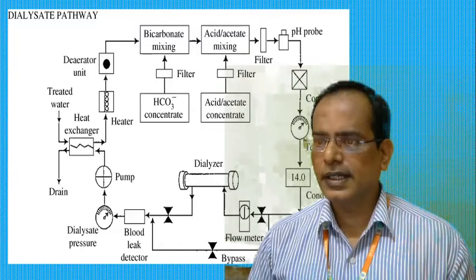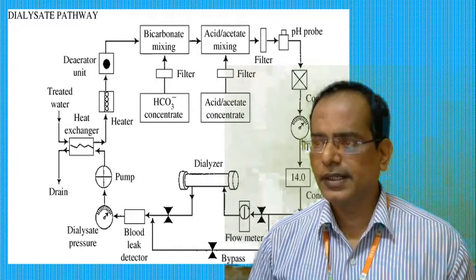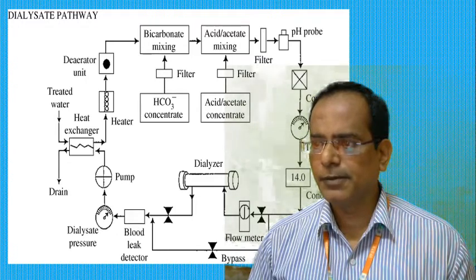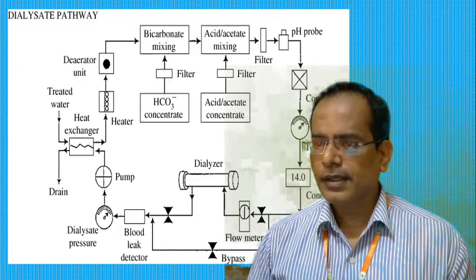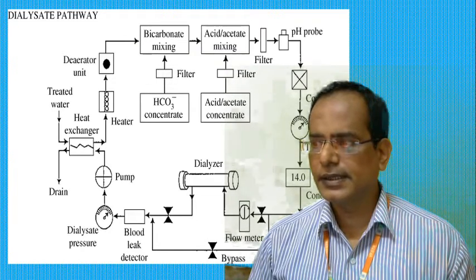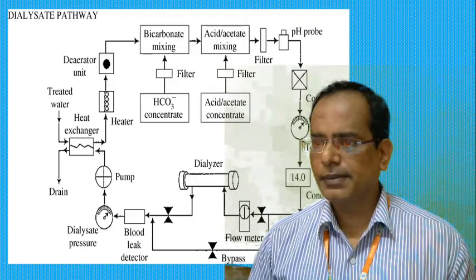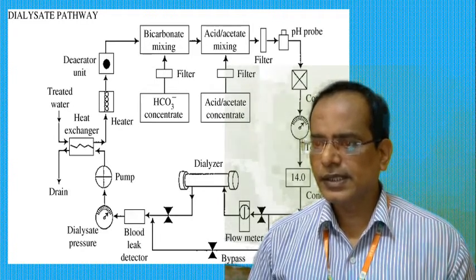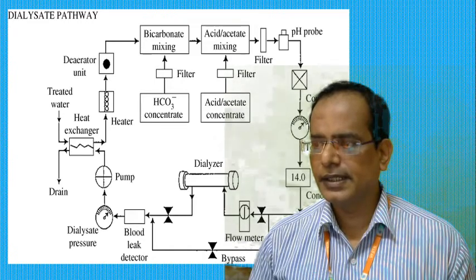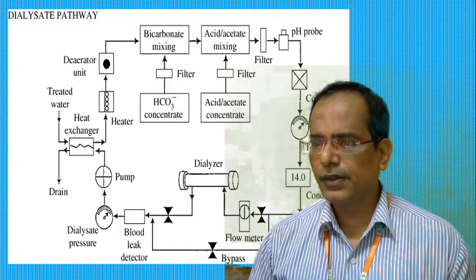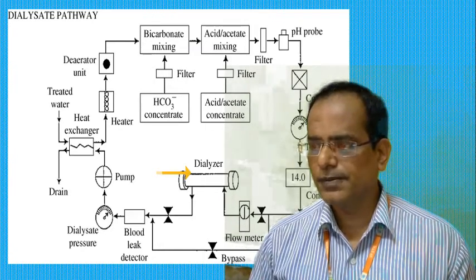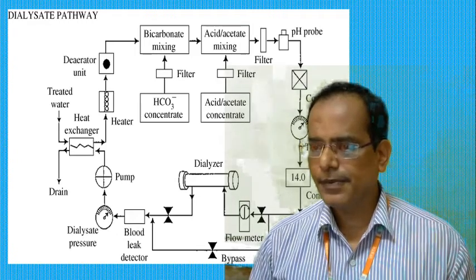Its construction is similar to a multi-layer parallel plate capacitor, with the plates made of semi-permeable membrane material. The blood is circulated between a pair of plates, and the dialysate is circulated between the other plates. Each plate serves as a membrane between the dialysate and the blood. The blood flows in a thin sheet to maximize the surface to volume ratio for the dialyzer.